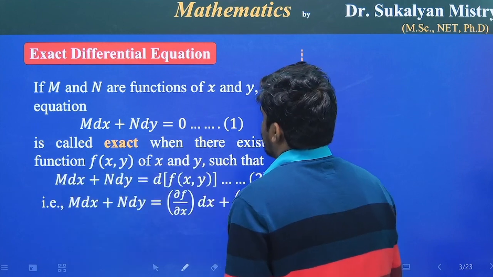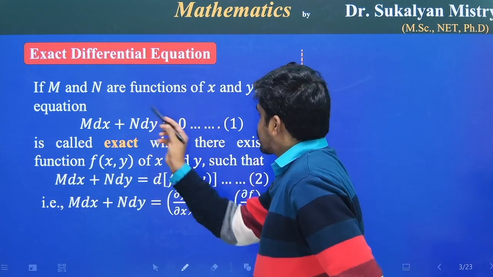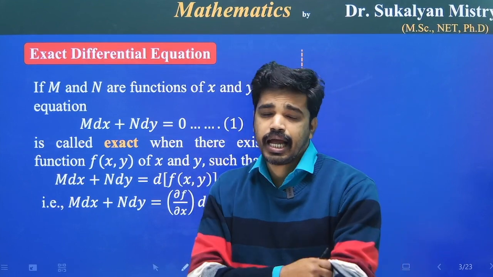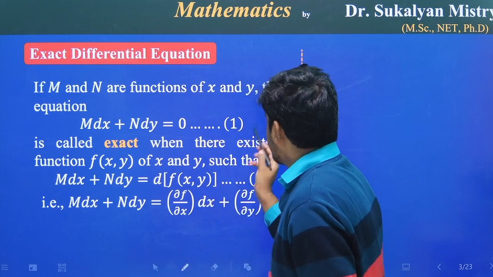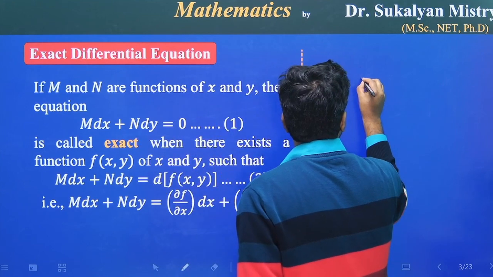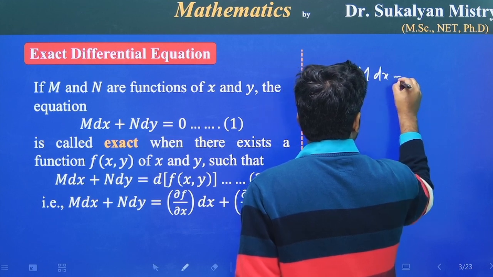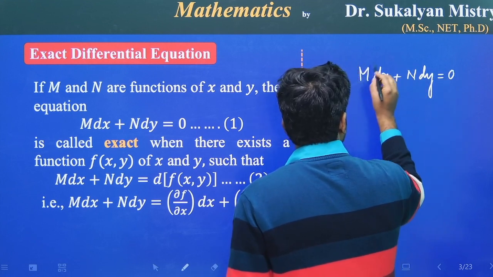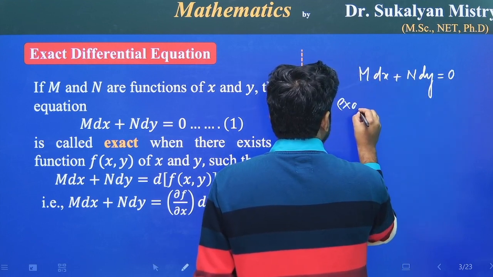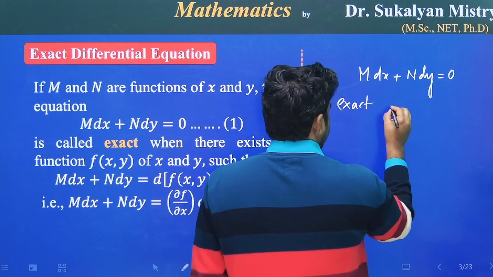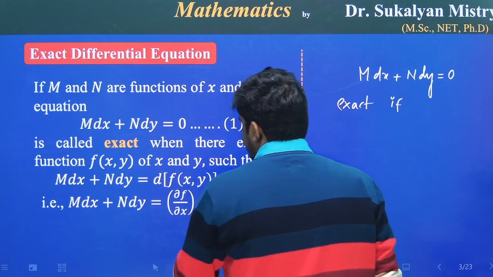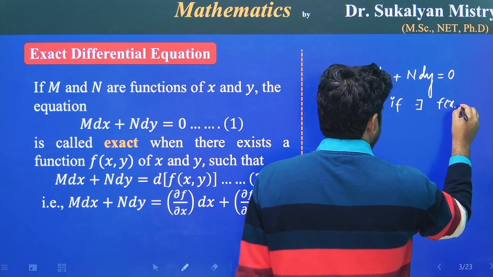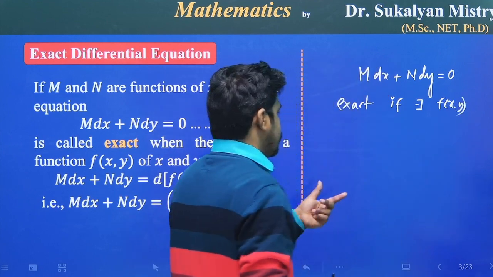If M and N are functions of x and y, that is M is a function of x and y and N is a function of x and y, then the equation M dx plus N dy is equal to 0 is called exact if there exists a function, suppose f(x,y), such that